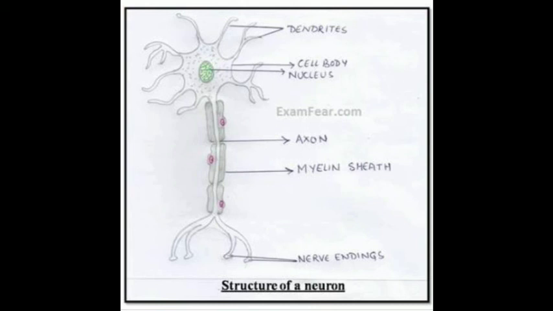Nerve cells are the longest cells. What is the main function of nervous tissue? They convey messages from one part of the body to the other part. See, from the sense organ, they convey messages to the brain, and after that, the brain conveys the message back to the sensory organ, and accordingly we act.